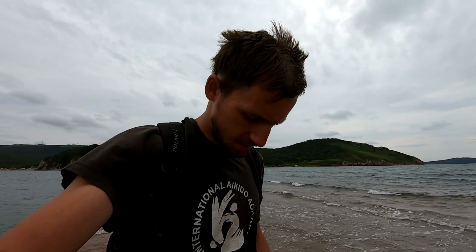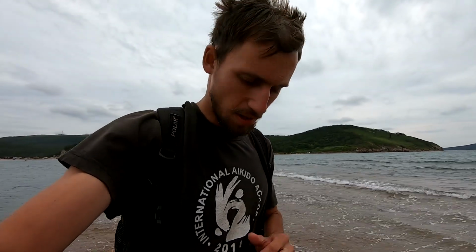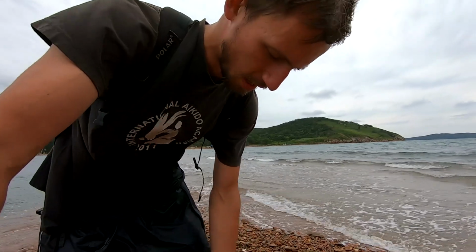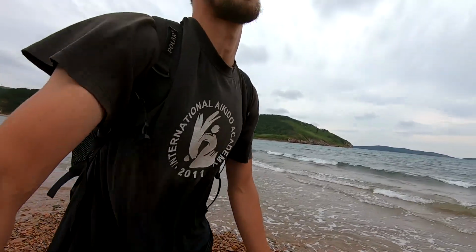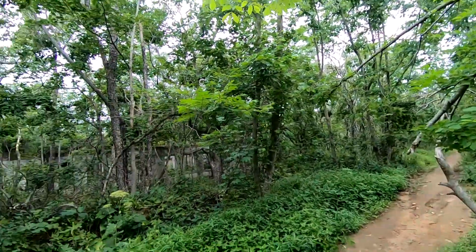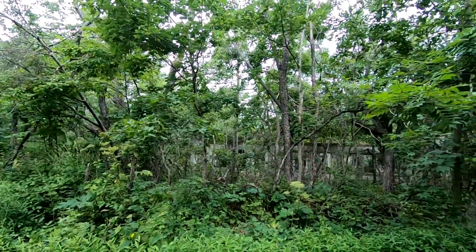So talking about the level of water, its maximum was here, but that was the wave. An average level was approximately up to here, to my knees. So now the task is to cross this island to its opposite side, and then it's going to be a mission to return. We're currently walking across some sort of abandoned settlement,